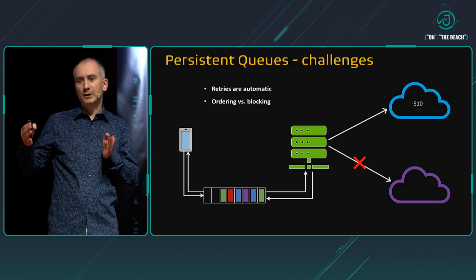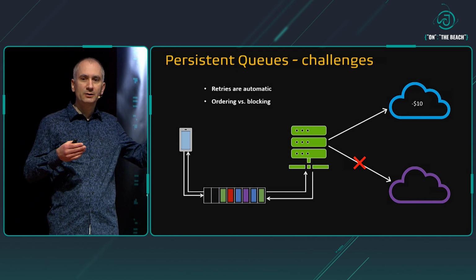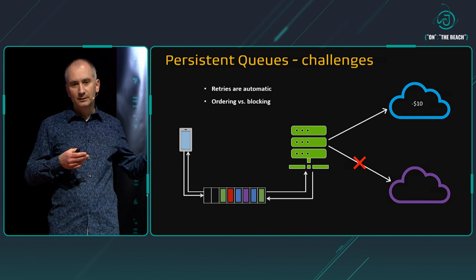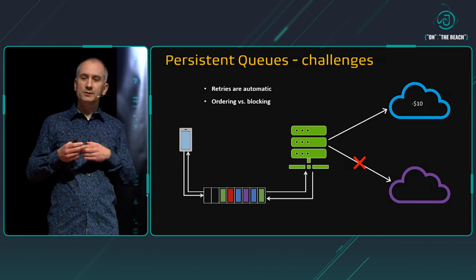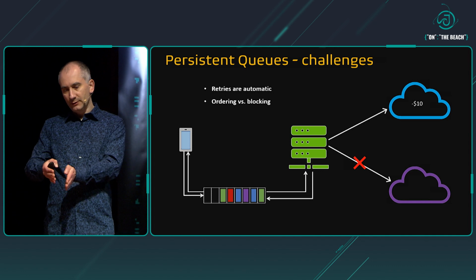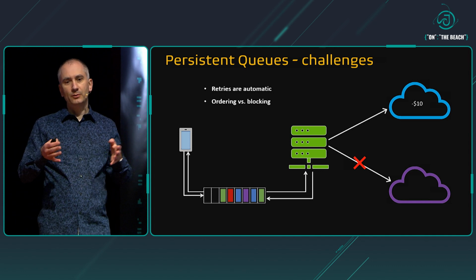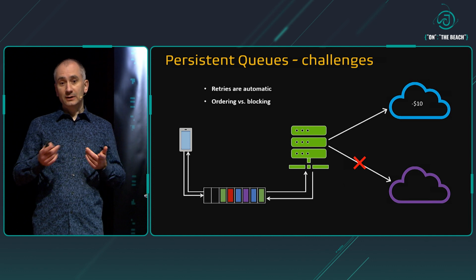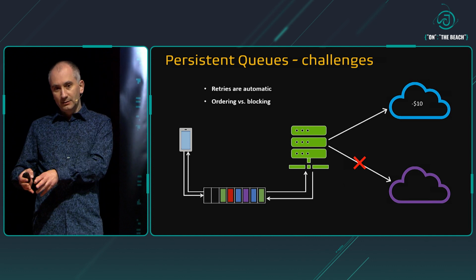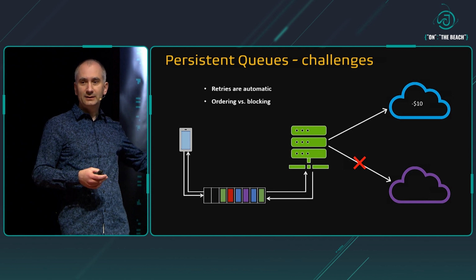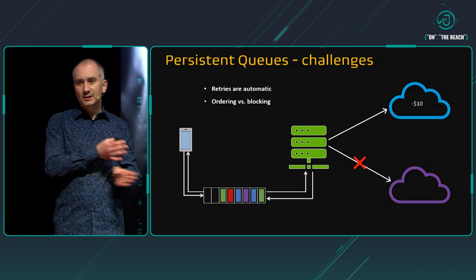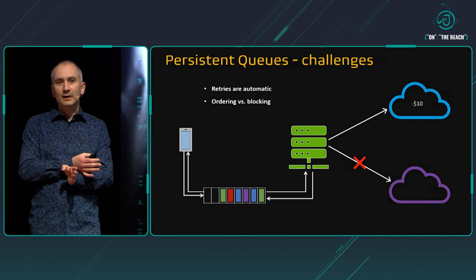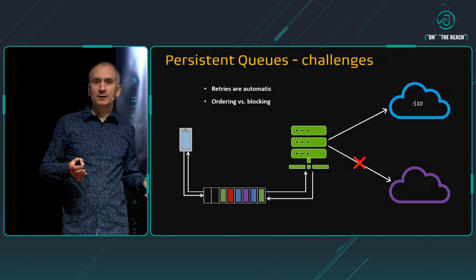If you don't do it within the window of time, that message will reappear somewhere else in the queue later, which is great because it doesn't block. Like in this example, processing of the green message doesn't block processing of the blue one or the purple after that. But you can imagine that if this green message reappears behind the next green message, we kind of messed up the ordering of the events in the system, which may be fine in some cases, it may be totally wrong